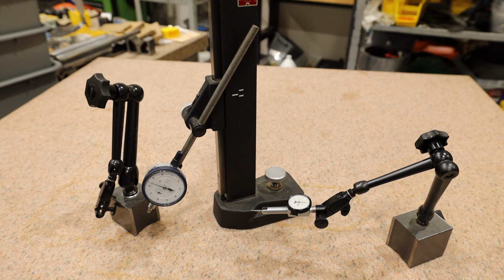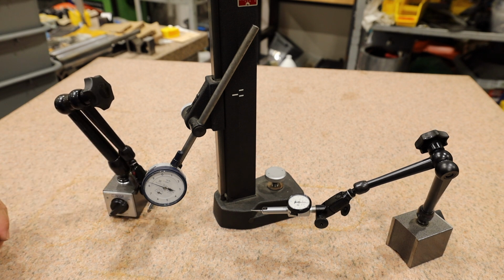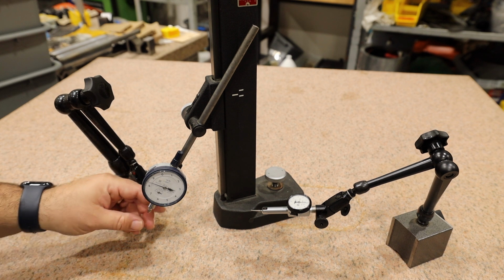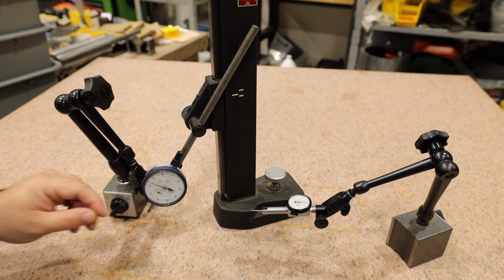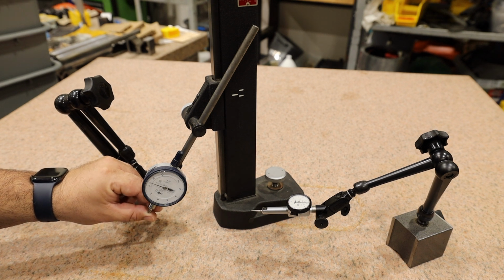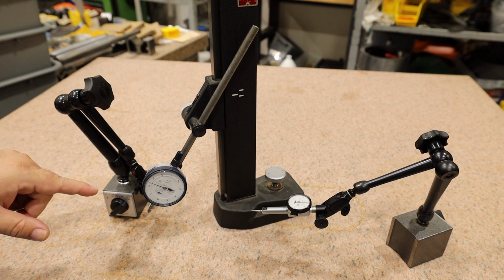Okay, so these are the indicators and stands we're going to be using for our testing today. We got two Noga stands, and we have two indicators. Both of them are 10th indicators. This is a dial 10th indicator, and that's a test indicator. The dial 10th has a little bit more range, and it's a little less jumpy than the test indicator. However, there is more force required to use this indicator, so as long as it's in a rigid setup, it